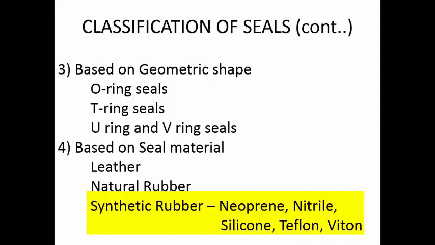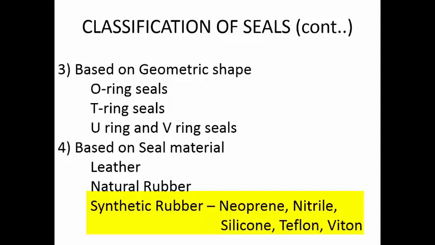If you want operation at high temperature, then you go for Teflon or Viton. If you are operating at lower temperature, then neoprene or nitrile rubbers are more than sufficient. Even silicone will be sufficient for lower temperature applications. So we can select a particular seal material depending on the pressure, the temperature in which you want to operate, and also the oils you are going to use. Some oils can have an adverse reaction with neoprene or nitrile, but they will not have any reaction with Teflon and Viton.